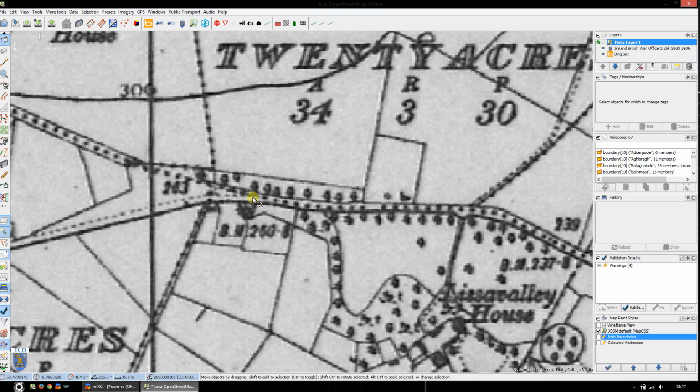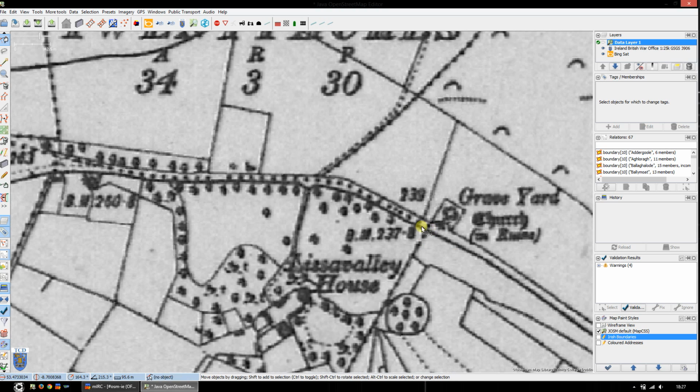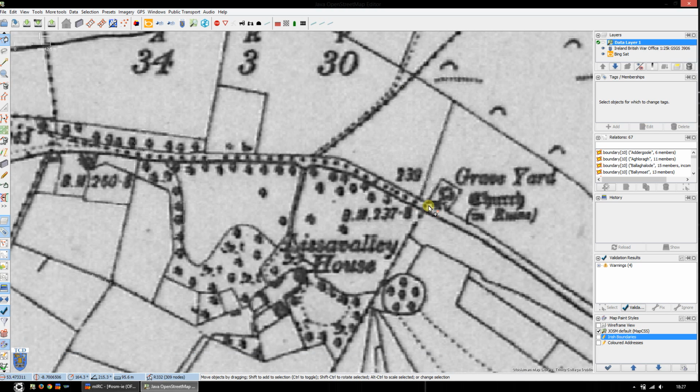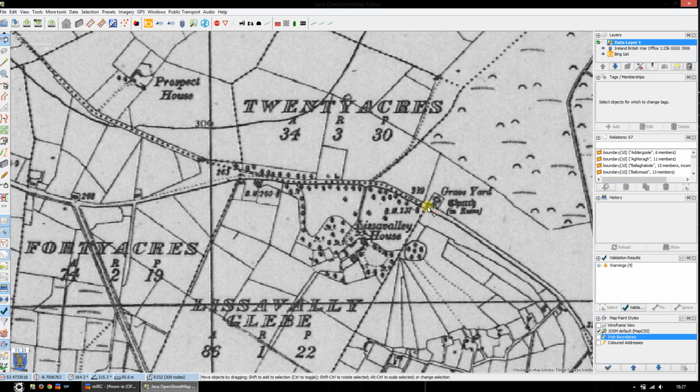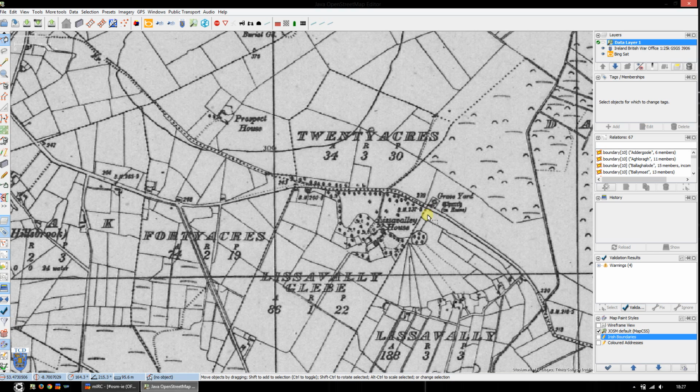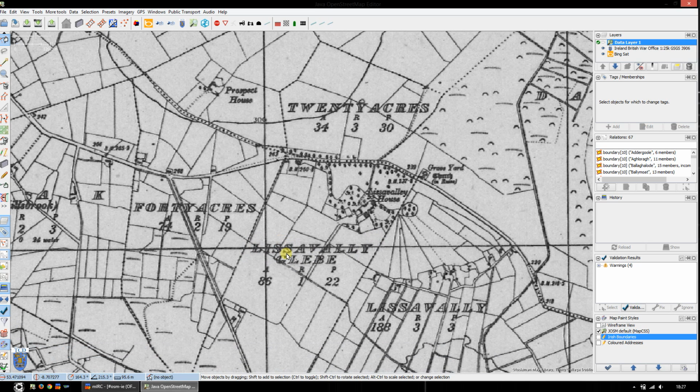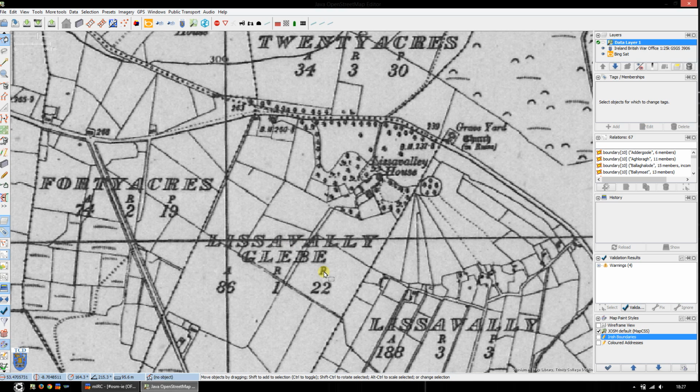And it continues on down here and goes down to this point here, at which point it ends. Now, to try and follow the boundary from there, if you look down here, you can see Lissa Valley Glebe. Again, first letter, last letter, both put up against a boundary. So just by simply looking at it, you can see the dots traveling down this side here, and again the dotted line traveling down along here as well,